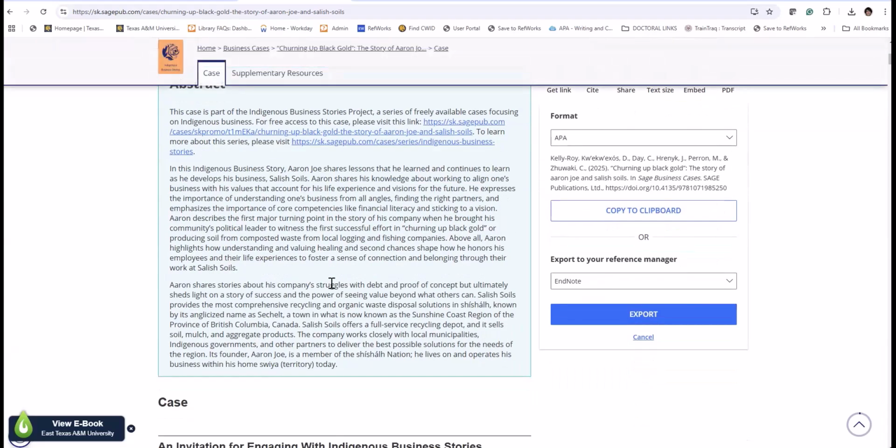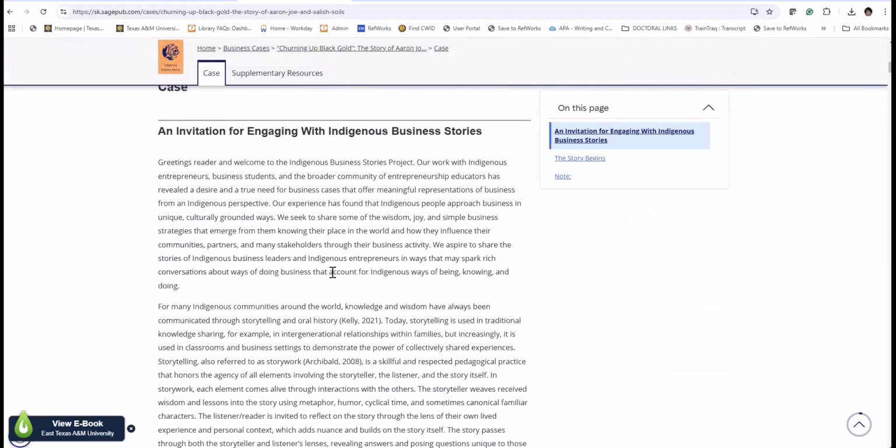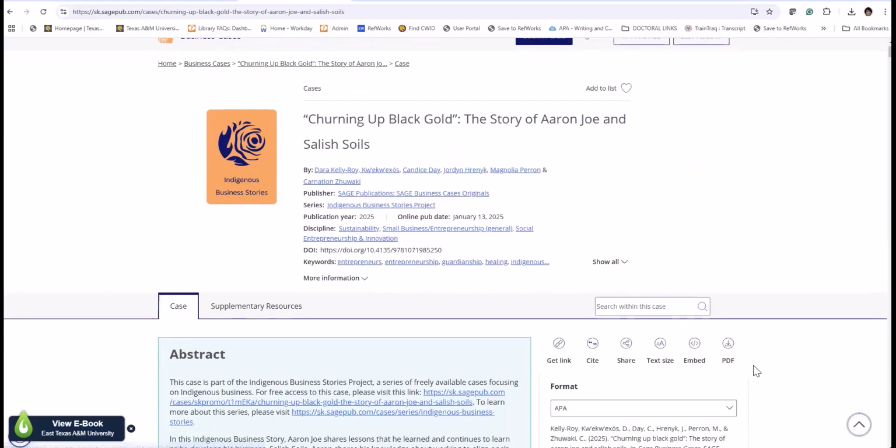Anyway, this is the case. So you can also have it in PDF here. You can embed it in D2L, I think. But if you have any difficulties regarding technology, you may ask the librarians. But I would embed it in D2L as a professor because it's going to count the usage and it is to the benefit of the availability of resources. Because library collection development looks at the usage and keeps the resources, okay? So it's good to do this.